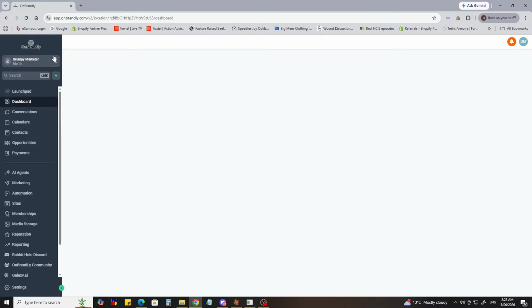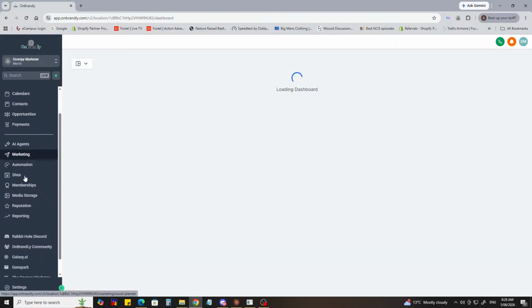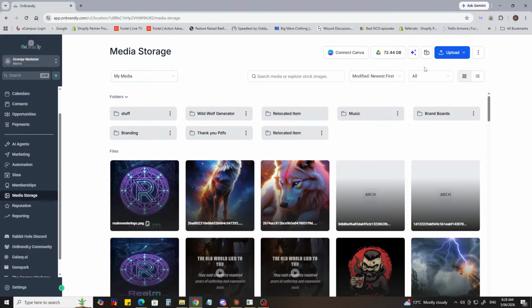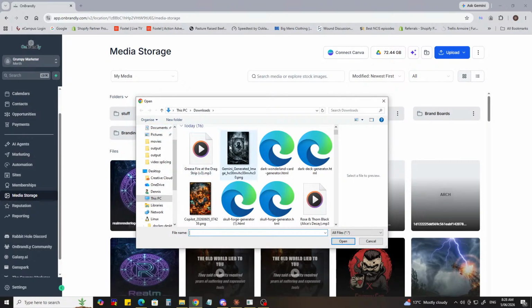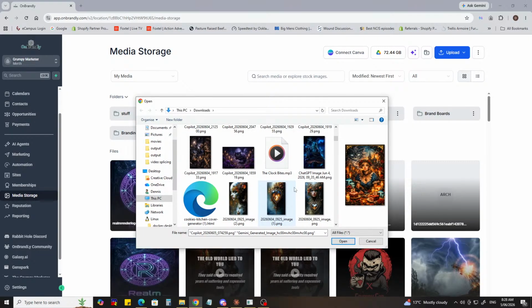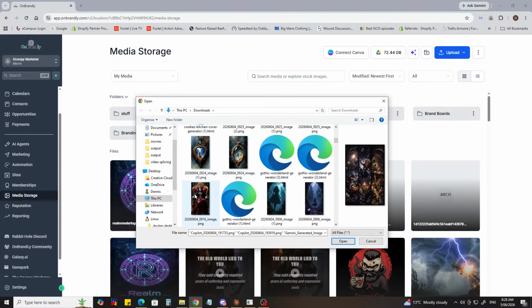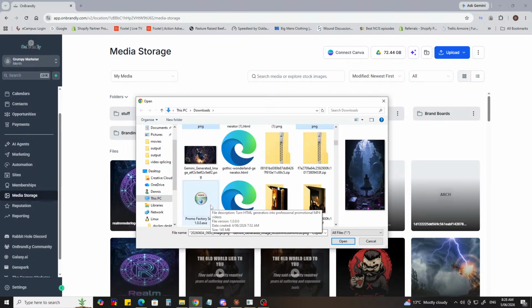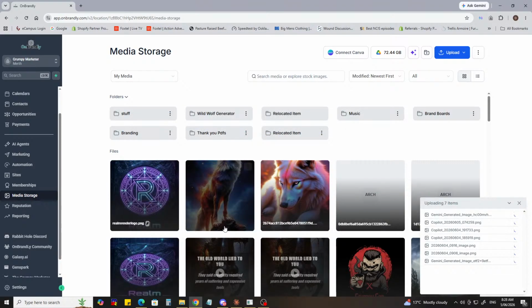We're going to go to app.onbrandly.com. I have to open this up in Chrome because Edge, for some reason, is screwing up on me today on getting to Onbrandly. So I will use what everyone else keeps telling me to use, Chrome. And we're going to go to media storage. I'm going to load a couple of things up here. Let's upload file. Let's see if we have a few of those downloaded or not. That one, that, and that. There we go. We'll just load these ones up because I want to be able to give